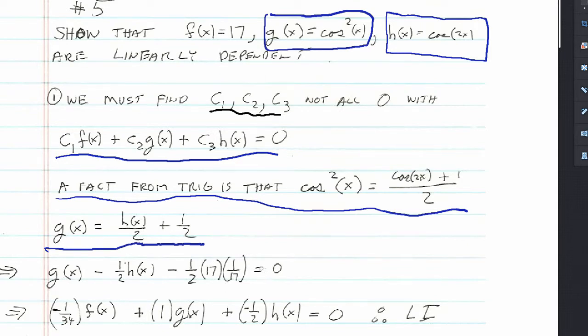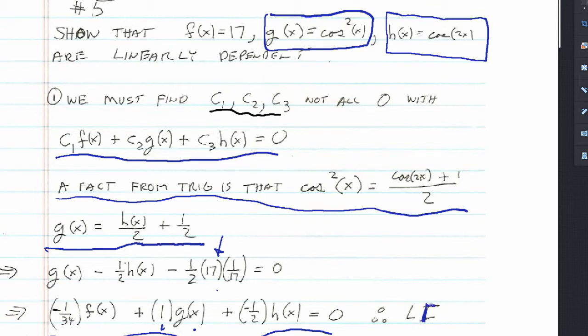What I've done there is bring the function f of x into the mix by writing it as 17, then dividing by 17, effectively not changing the value of 1/2. So we have this nice expression: if I take minus 1/34 of f of x plus 1 times g of x, and add minus 1/2 times h of x, I get 0. So that means that